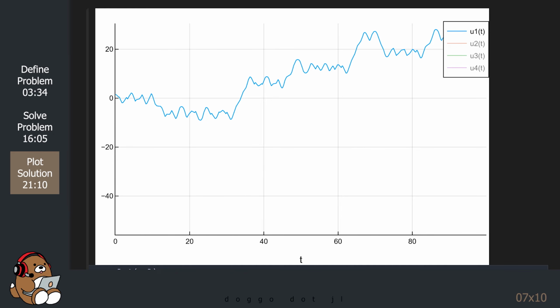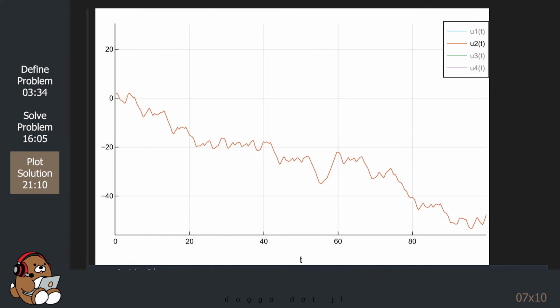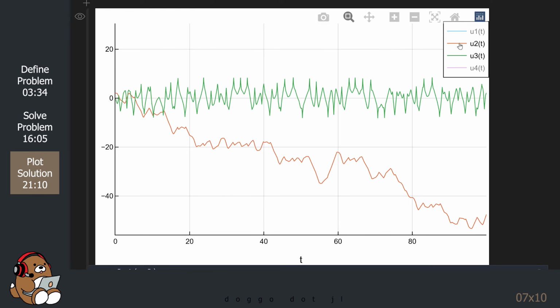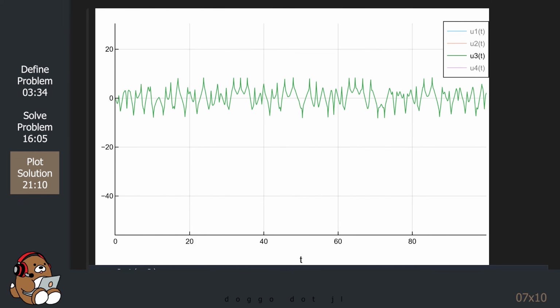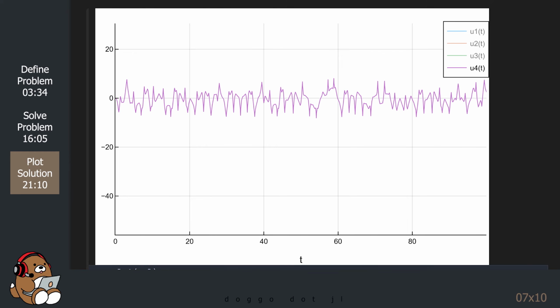This blue line is the value 1 column, or theta 1. This orange line is the value 2 column, or theta 2. This green line is the value 3 column, or omega 1. And this purple line is the value 4 column, or omega 2.